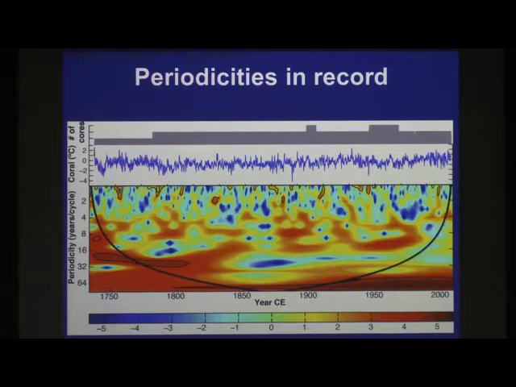When we look at the wavelets, the higher colors tell us we have higher peaks in the spectrum for those time intervals, and where we see the blue and green colors, we have low spectral peaks. In this diagram, everything with a black line encircling it is an area where the concentration of variance is above the 25% confidence interval. So these are areas in periodicity-time space we could interpret as significant.